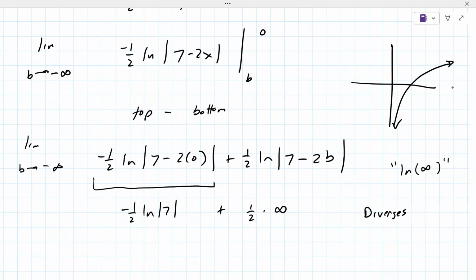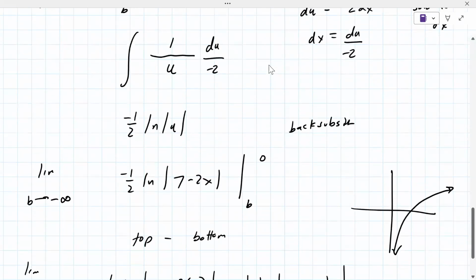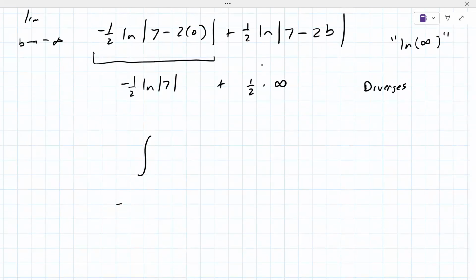Now, if you were to go to your calculator and try to do this original integral, from minus 10 to the 99 to 0 of 1 over 7 minus 2x dx, it would either give you an error, or it would tell you some huge number, some number times 10 to the 99. There's a way to kind of know what it looks like, but